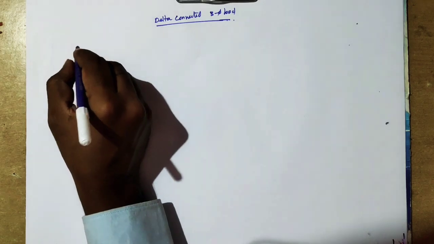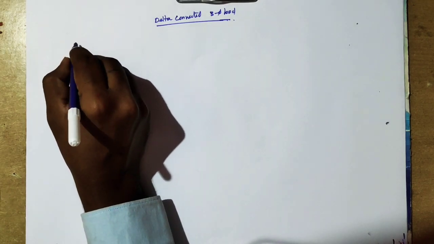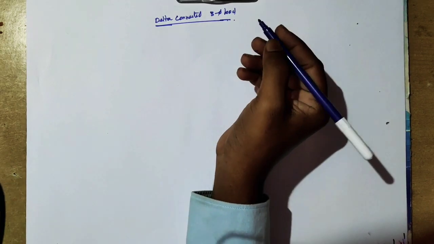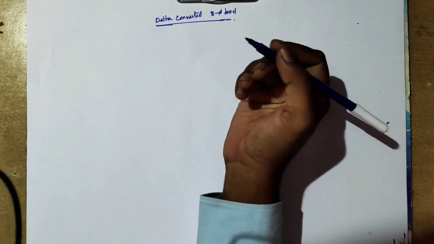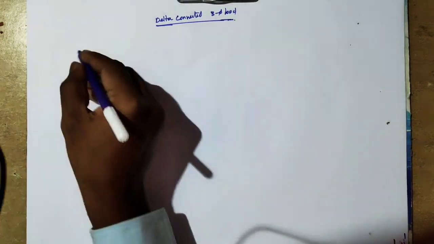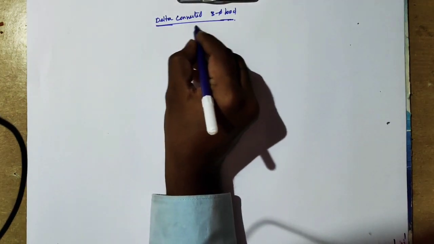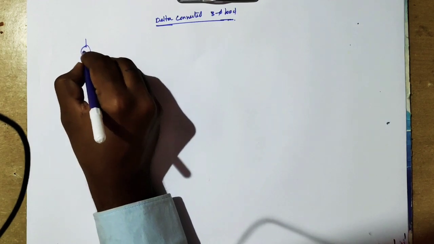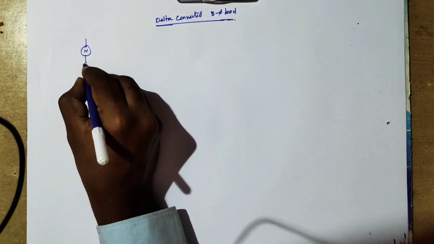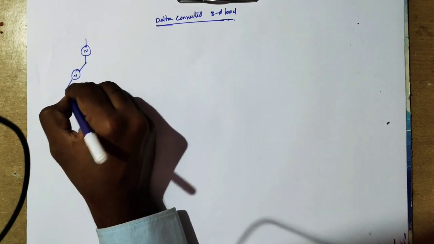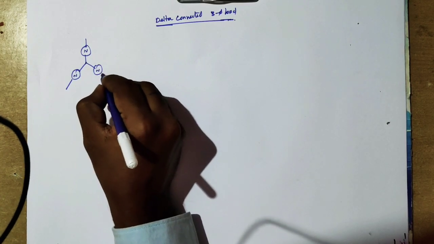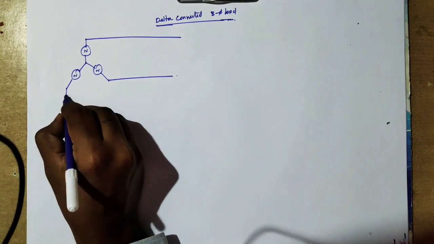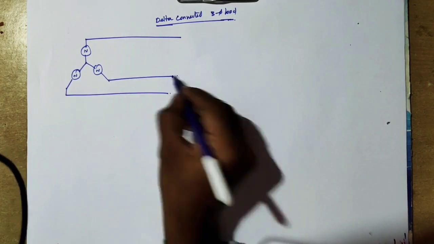So, now I am taking delta. For a star connected load, it is a bit complicated. I'll explain after this class. For example, for discussing a delta connected load, I am taking the source, which is a star connected source. You know the star connected source, and these are the lines which I need to feed to the load.